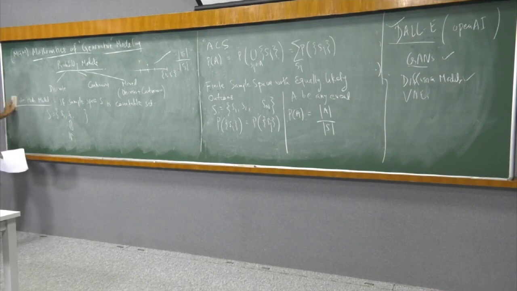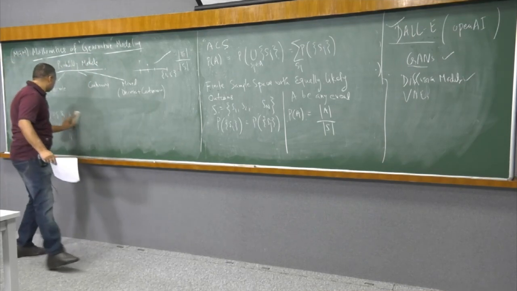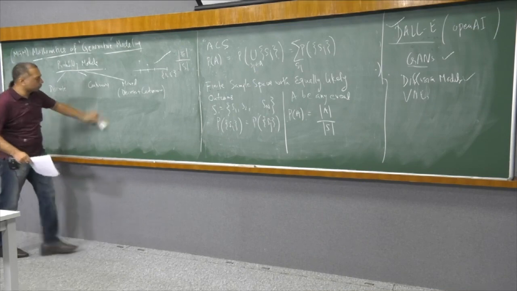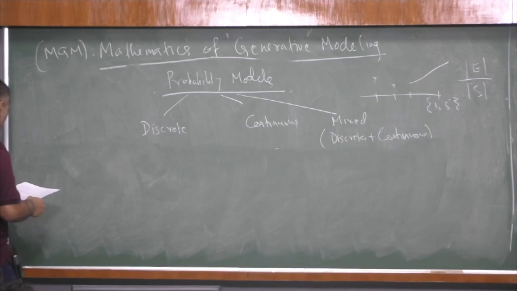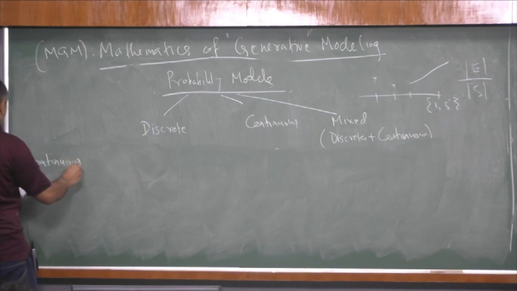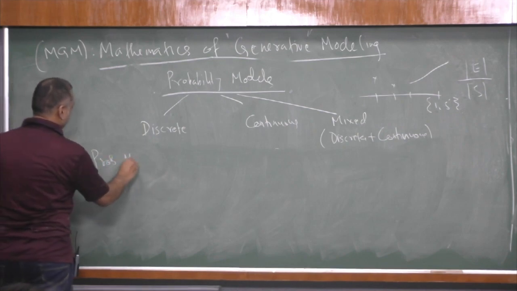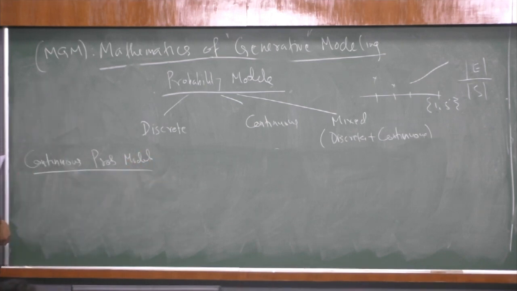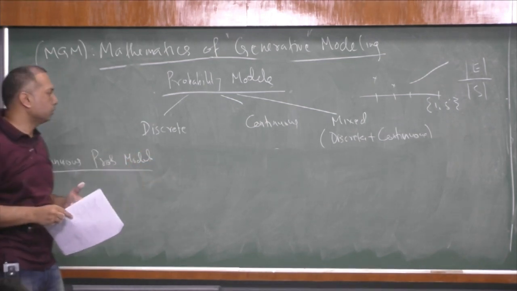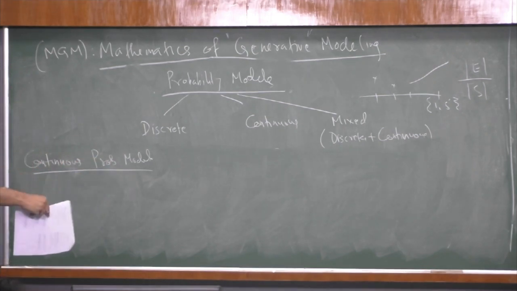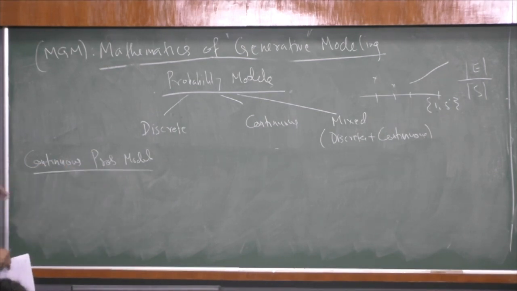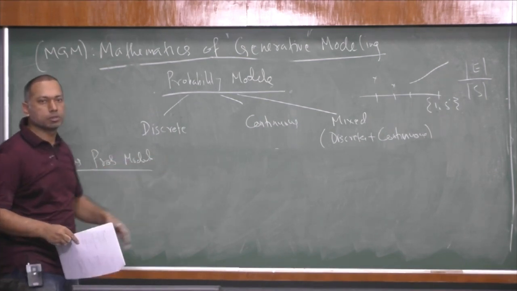So now let us define continuous. And then I will go to discrete, define some probability distributions, and then for continuous as well, PDF, CDF, joint, continuous, conditional, all those things will come. So then we go into continuous probability models. In continuous, as I said, the characterization is based on the sample space. If the sample space is discrete, at most countable, it could be finite also, it is discrete, and in the continuous case, the sample space is not discrete.